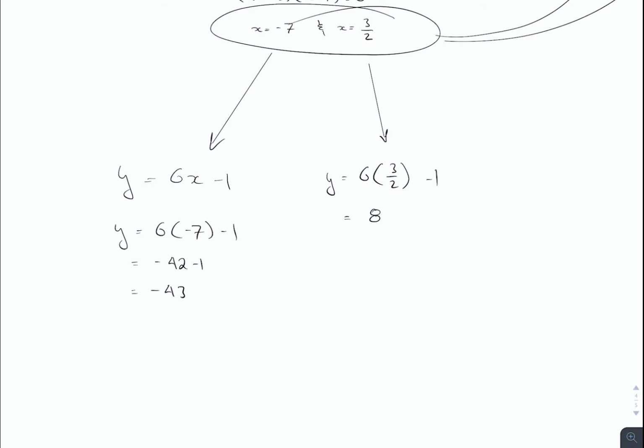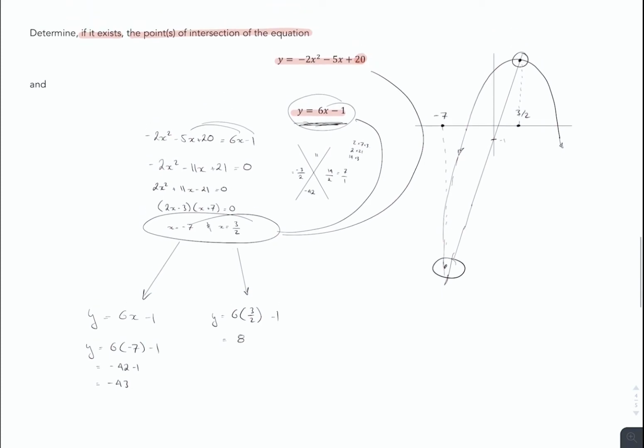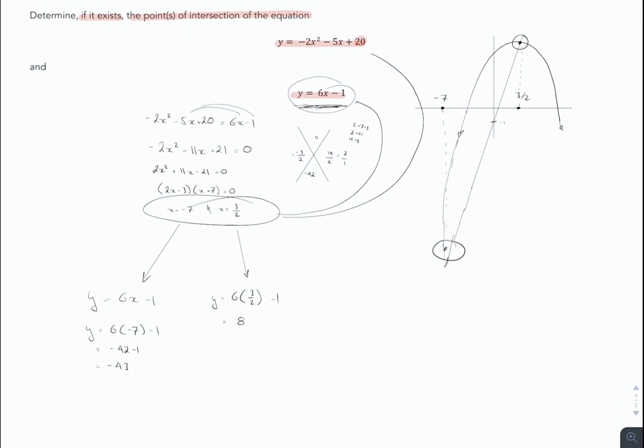8. So my points of intersection are, first one is going to be -7 comma -43. My second point will be 3/2 comma 8. This one goes here. This one goes